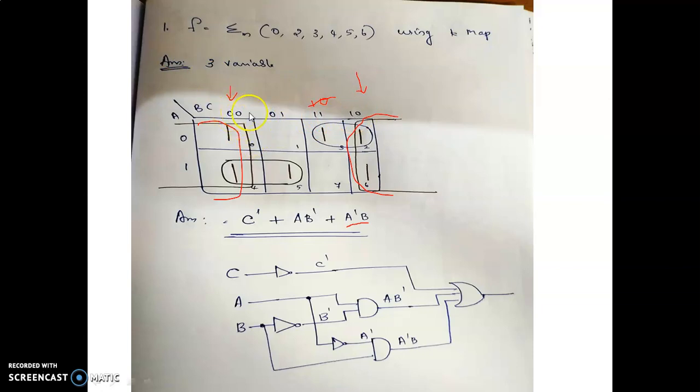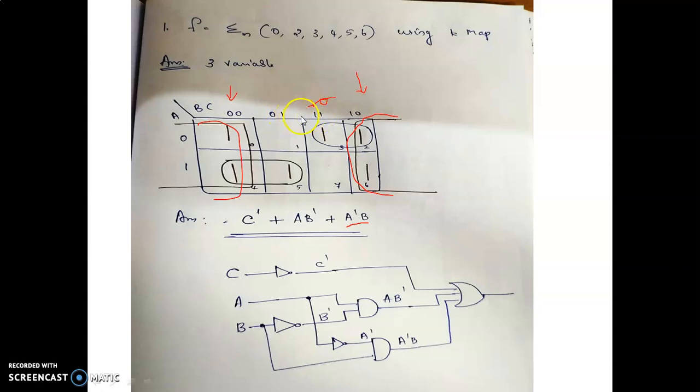See, 0, 0 and 0, 1: 0 maintains as 0 here, and 0 changed to 1. Only one bit change. Okay, if after 0, 1 the next value was 1, 0, then 0 changed to 1, which is 1 bit change, and 1 changed to 0, so a second bit change. So there will be 2 bit changes. So we cannot say that these two cells will be adjacent if you represent 1, 0 here. That is why it is kept as 1, 1. So from this cell, 1, 0 changed to 1, 1 is a 1 bit change, and 1 maintained as 1 itself.